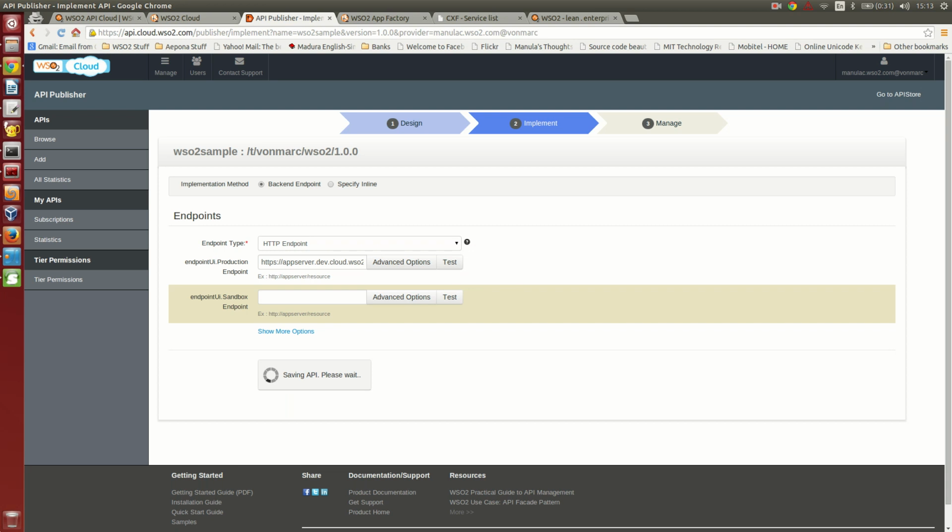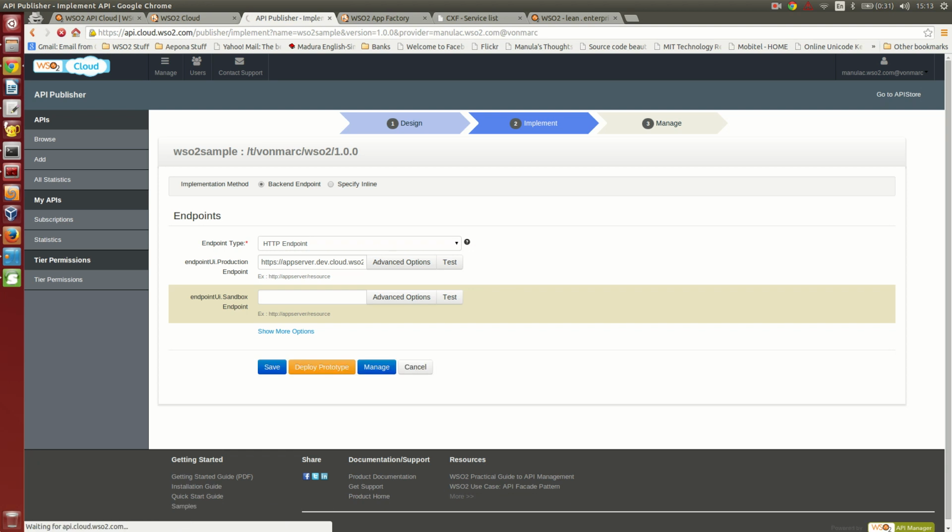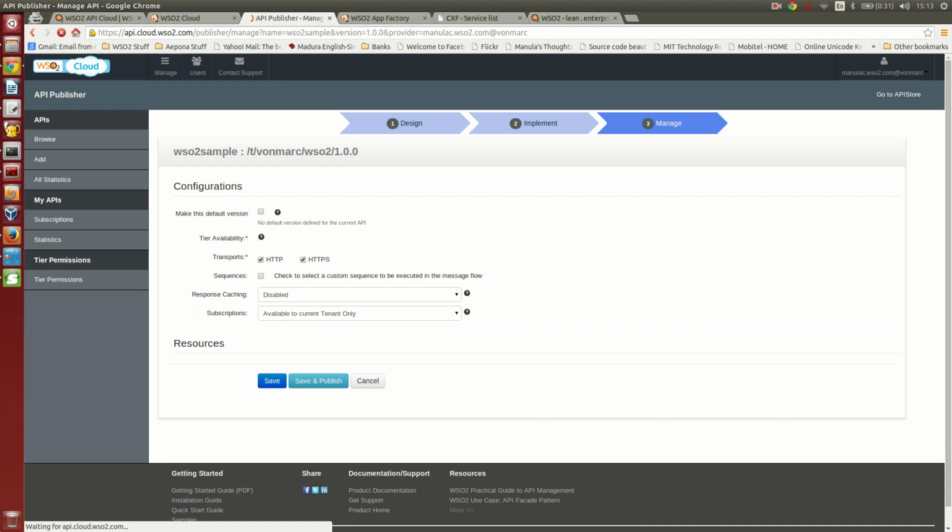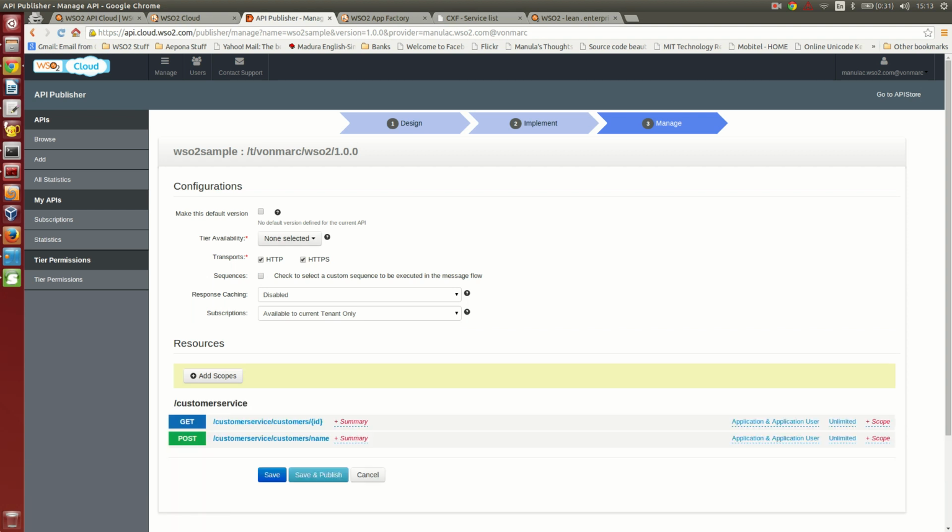So this is the implementation tab, and what we need is to add the actual production endpoint, and it will save the API and go to the manage tab. Now it will redirect to the managing tab, and here I can choose this as the default API, and I can choose the available tiers. The tiers are bronze, gold, silver, unlimited.